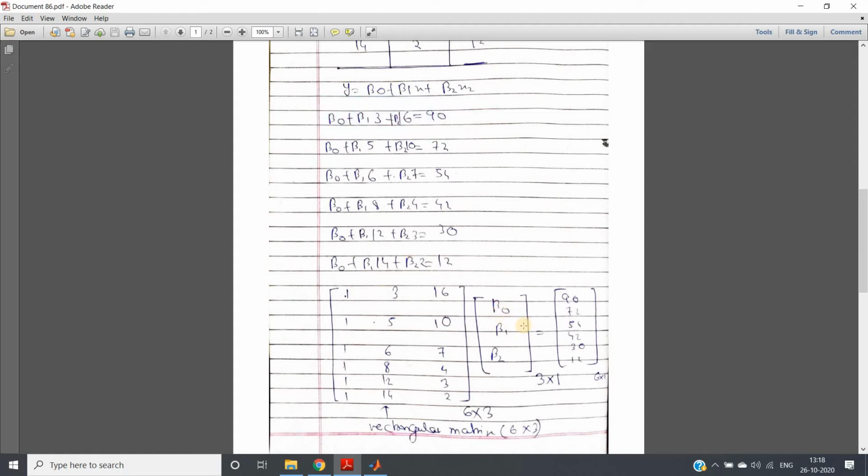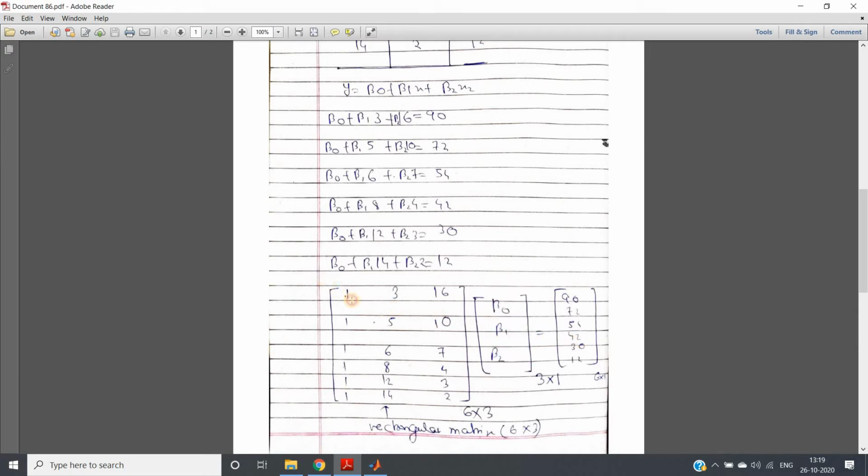Now our target is getting these values, beta naught, beta 1, beta 2, right? Now how can we get that? Obviously we have to send this particular term to the other side, so we have to take the inverse of that. So we can multiply the inverse of this particular matrix on both the left and right hand side. When that inverse is multiplied with this one, it will become the identity matrix. As a result, the identity matrix multiplied by this one will be this one only, and we will be getting the values in the right hand side, right?